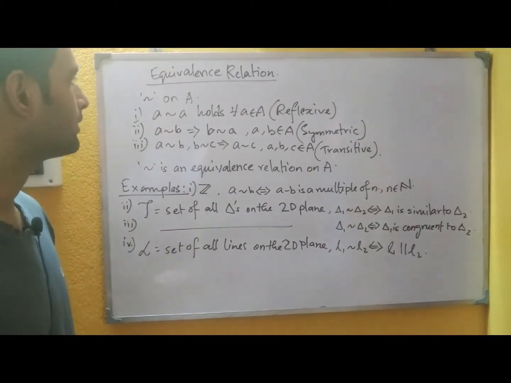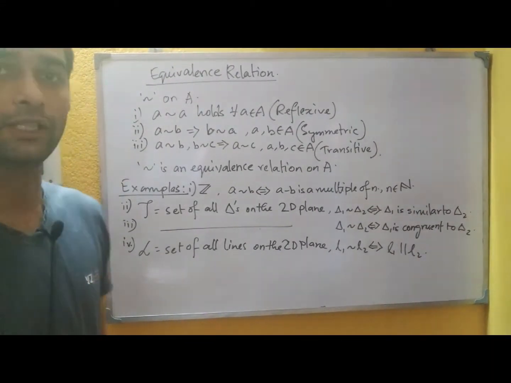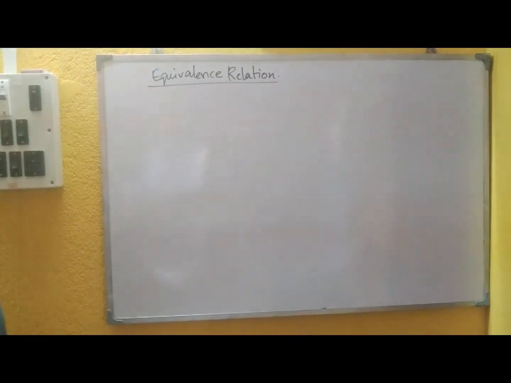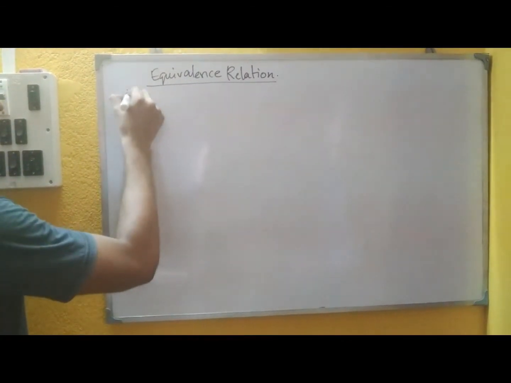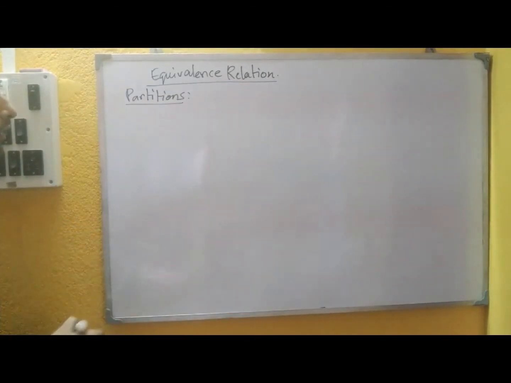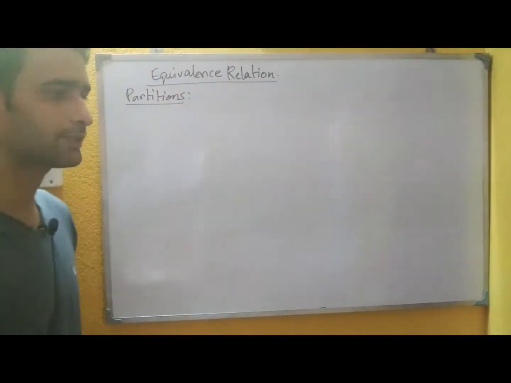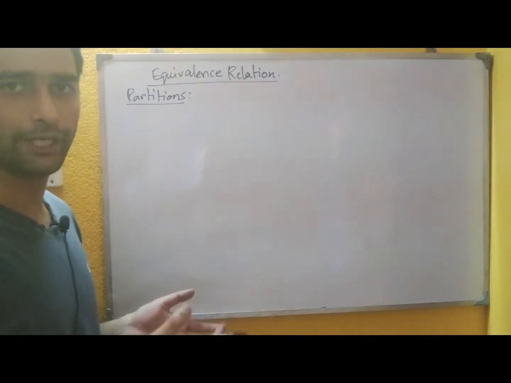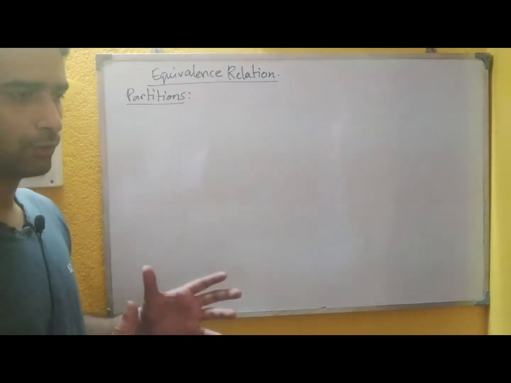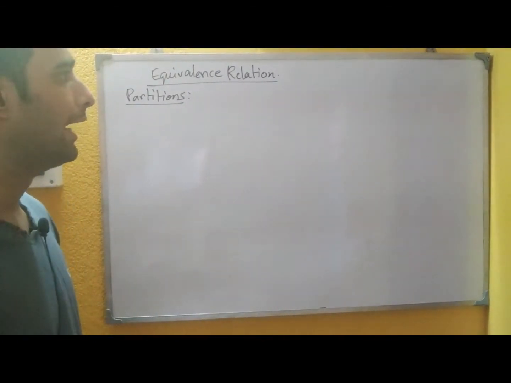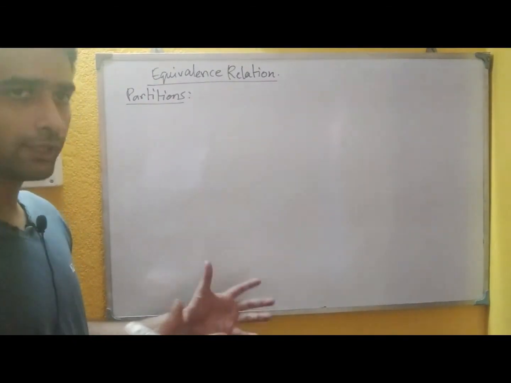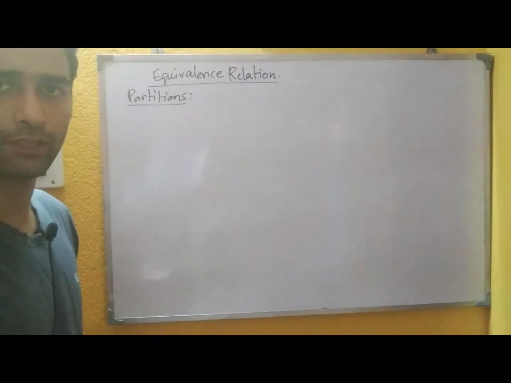For now, let us proceed to the definition of partition, how we define a partition on a set. The literal meaning of partition is that we are dividing something into parts so that the parts do not have any common intersection, meaning no part will intersect any other. And another thing is that if you take all the parts together, it will give back the original object to you.